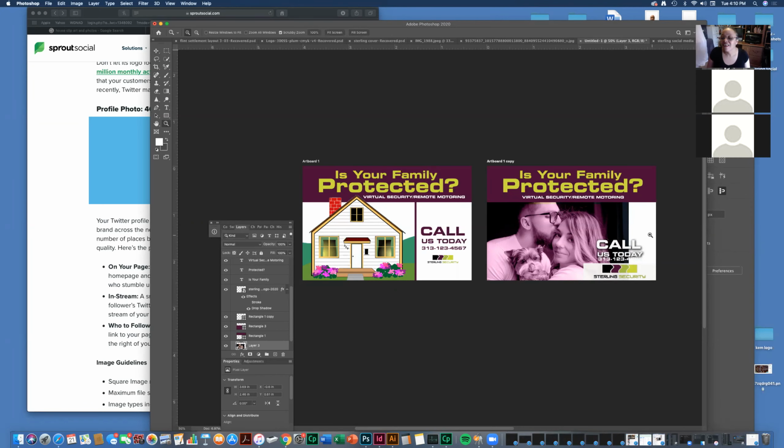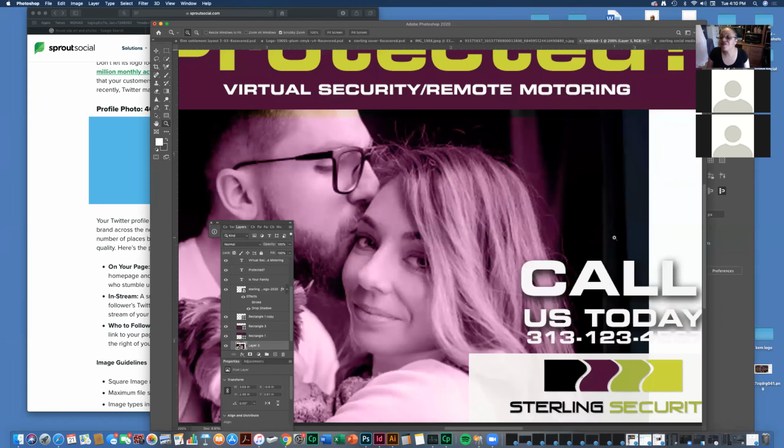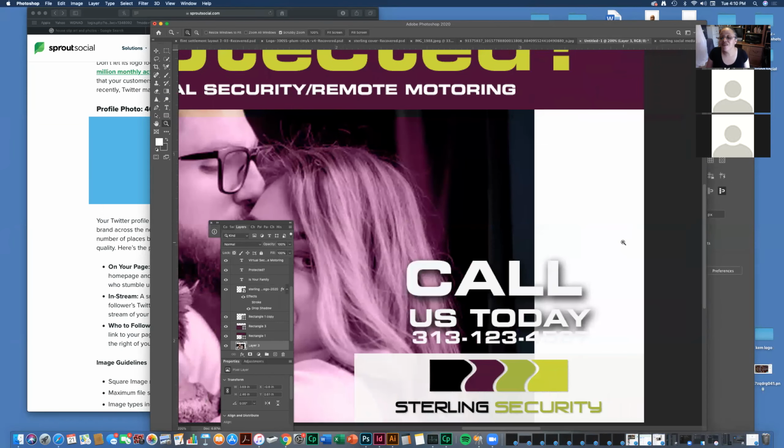So there's a couple things you could do if it wasn't enough picture. You could go on layers, add a new layer, and then extend the picture. Now you can use what is called a clone stamp